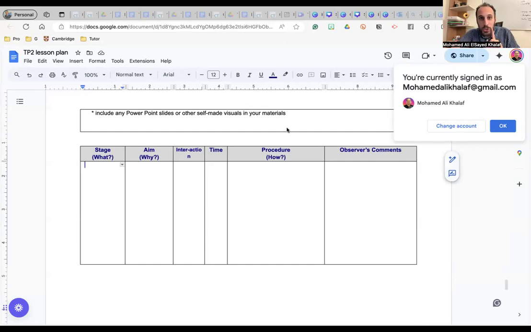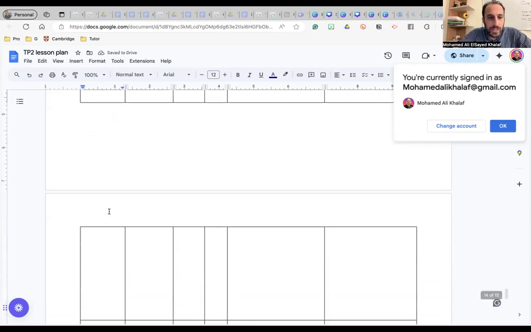So you need to go to the suitable framework, receptive skills. Remember the receptive skills framework? So you write the name. Sorry. Do you see my screen? Yes. Lead in. That's the first stage.